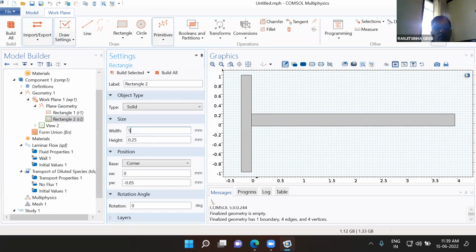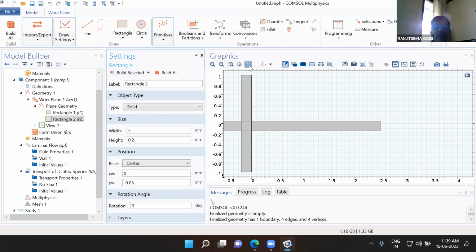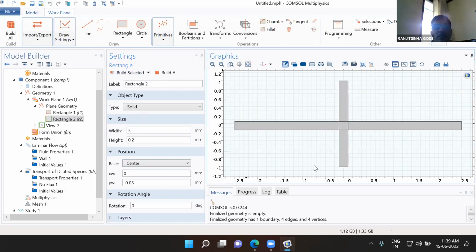So I will write here 5 and I will consider width of the channel as a 2. Then again, for this rectangle, I will consider it as a center. Then you can see this way there will be a two-dimensional figure. Now we have to start this rectangle from this 0. Then we can have position for this XW as a